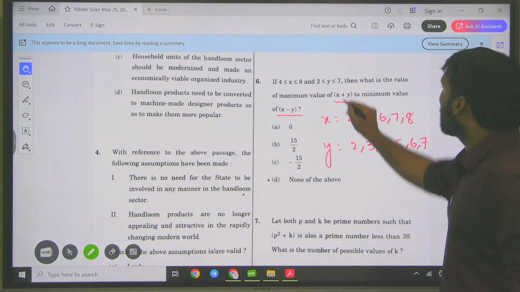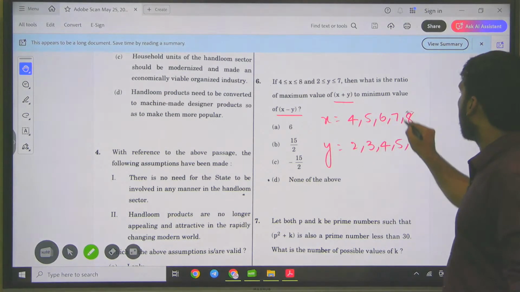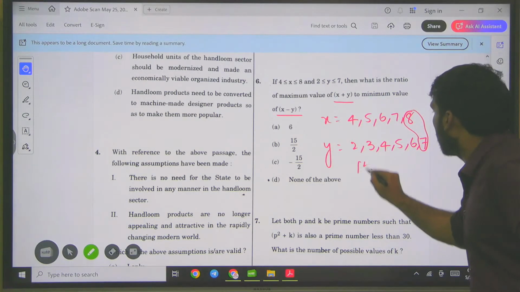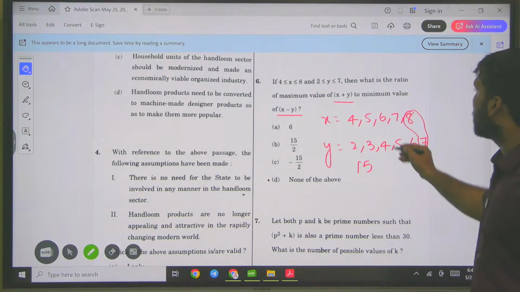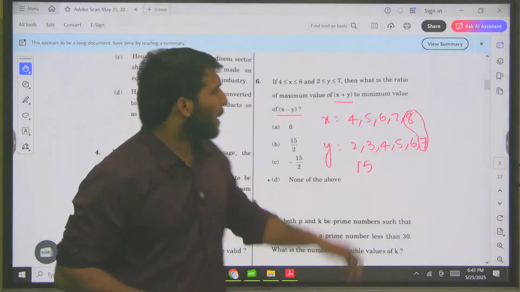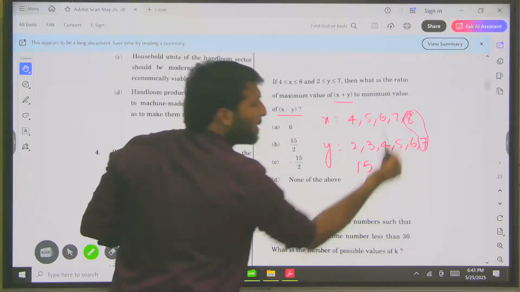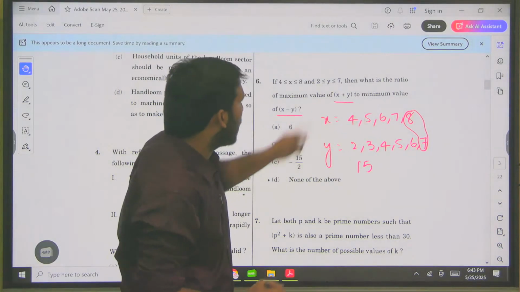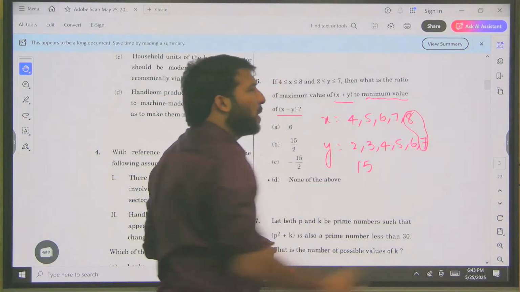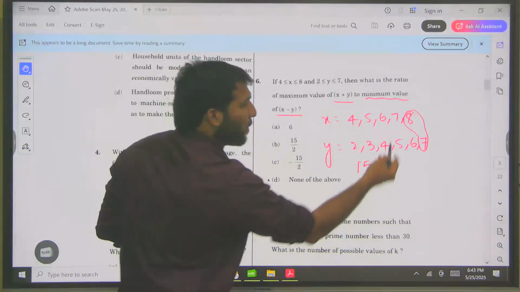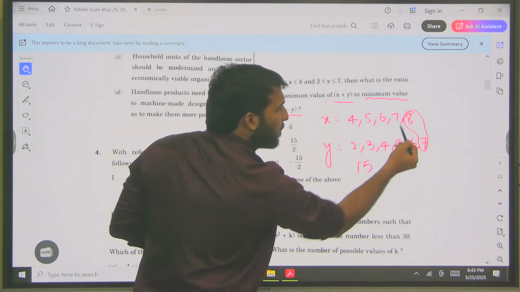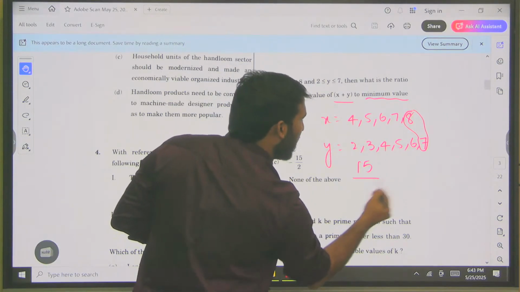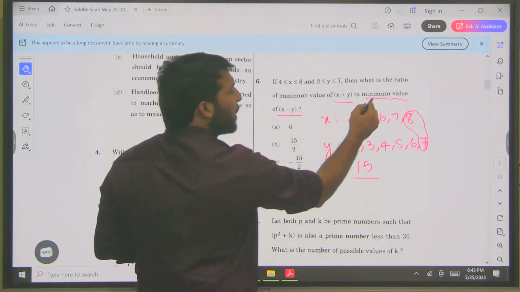And it is asking the maximum value of x + y. 100% maximum value means you have to add the largest values, which is 8 plus 7, that is 15. And minimum value means you have to subtract. If you take 8 minus 6, you will get 2 as a value, and you have to find the minimum value, right? It can be negative also. 8 minus 6 is 2, 8 minus 5 is 3, 8 minus 4 is 4. And if you take the minimum value, which is x minus y, we should get